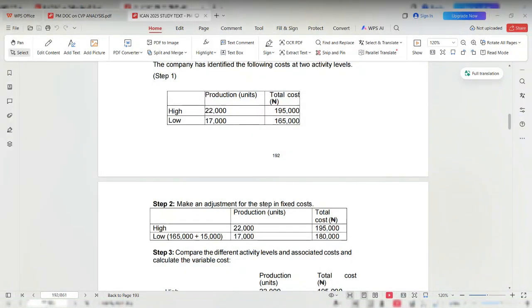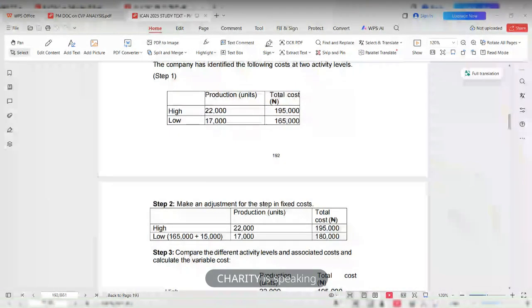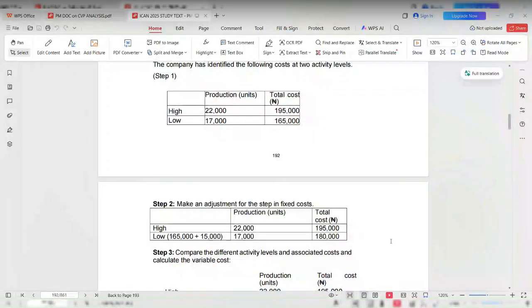We have total cost for low is 165,000. What is our a? We don't know. Plus b times x, so plus 3 times